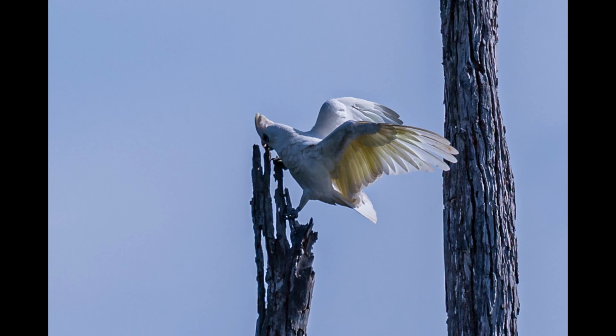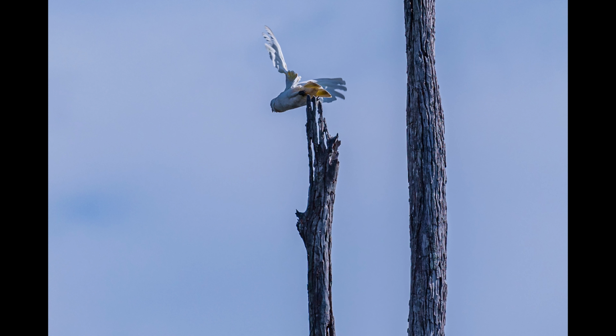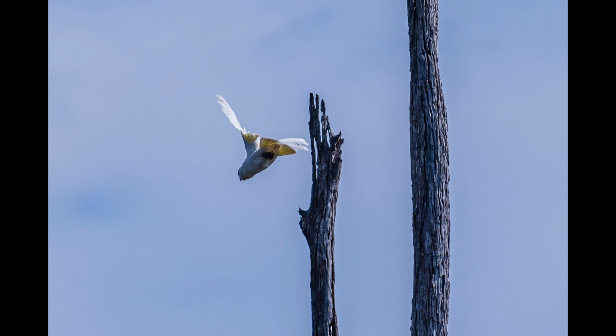There were a lot of corellas here this morning. The noise of them was just unreal, just chewing away at everything. I think sometimes they were looking for little grubs, just flying around from one tree to another. And here I was very lucky to capture this one as it just flew off from the top of this